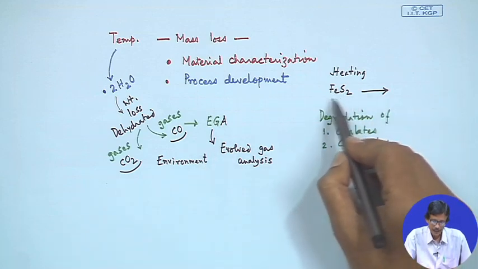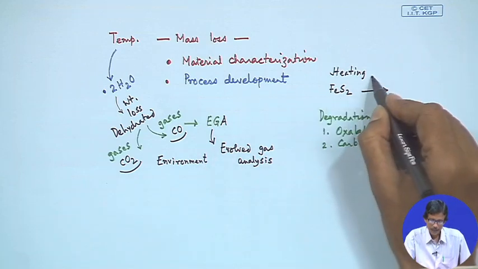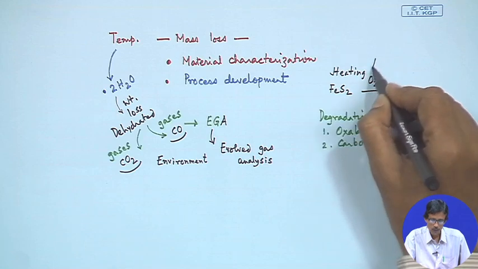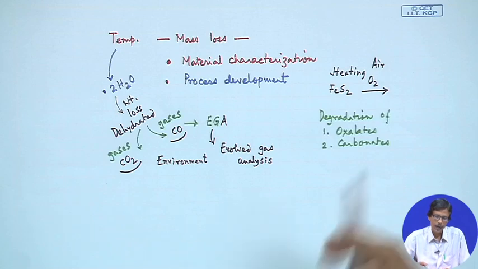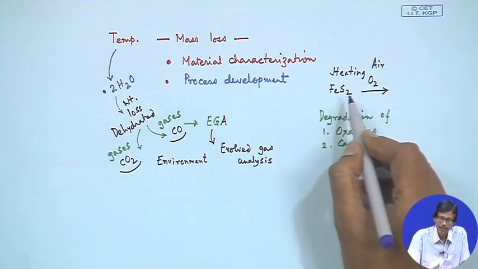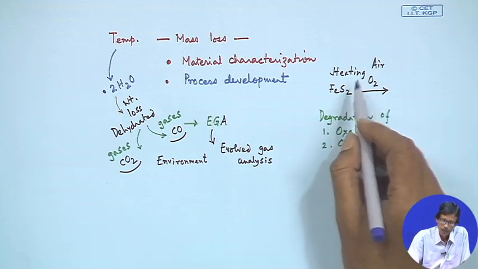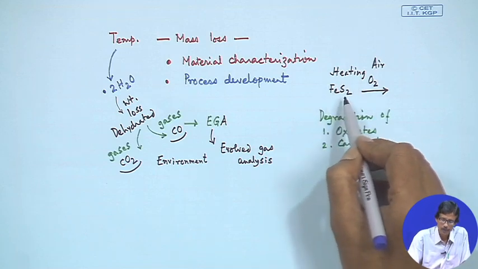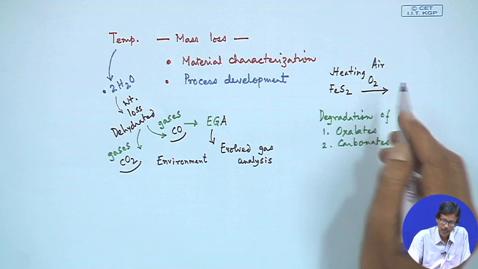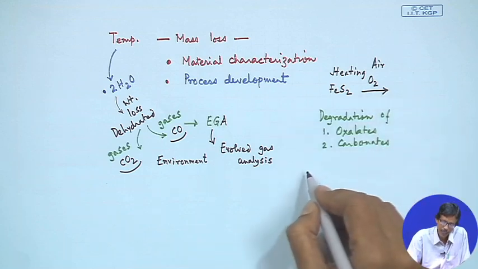Similarly, when we heat something in the presence of O2 or in the presence of air, we all know that some high temperature reaction can be feasible, such that you can have the corresponding iron based sulfate formation, where the sulfur is getting oxidized. So, when sulfur, which is present as the anionic form of this metal ion salt, is getting oxidized, so degradation of any other